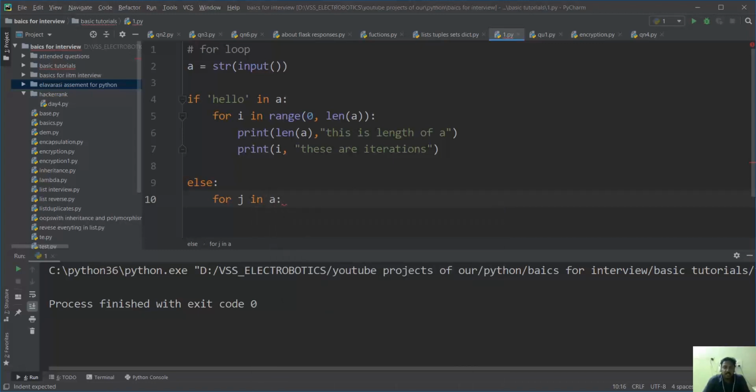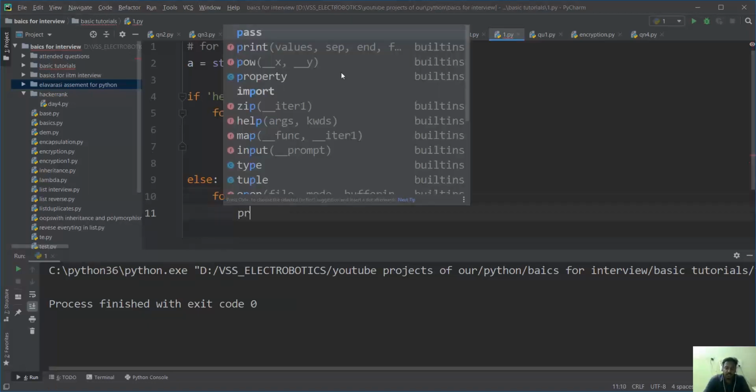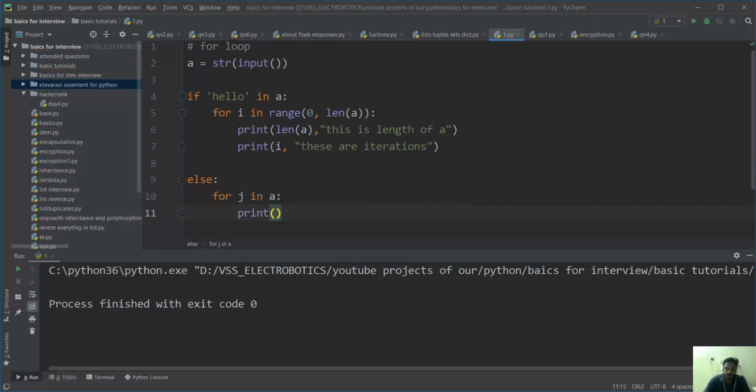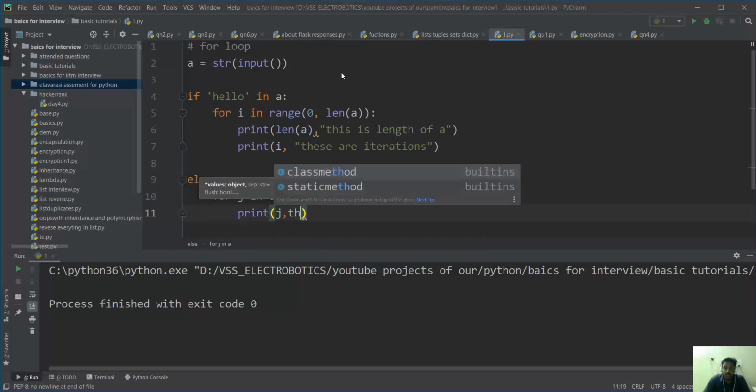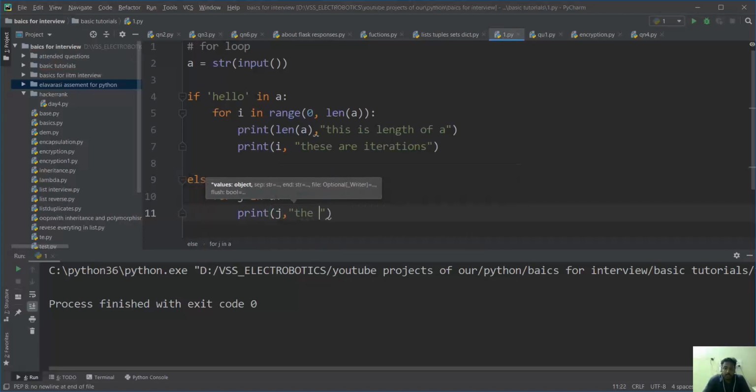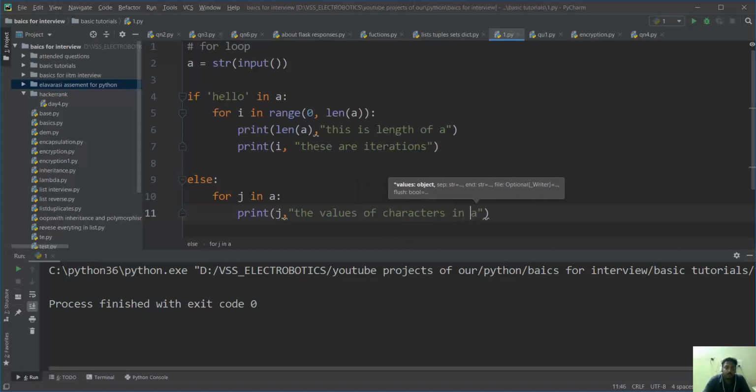That means it will be taking each and every character as j, and it will be taking that as an iteration. Let us look into this. Print j, the values of j, the characters in a.